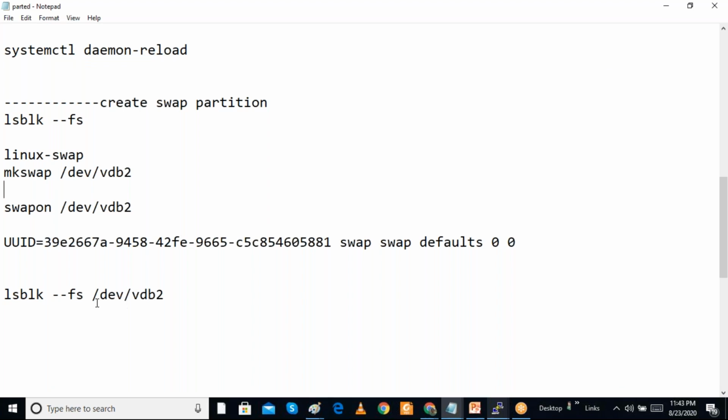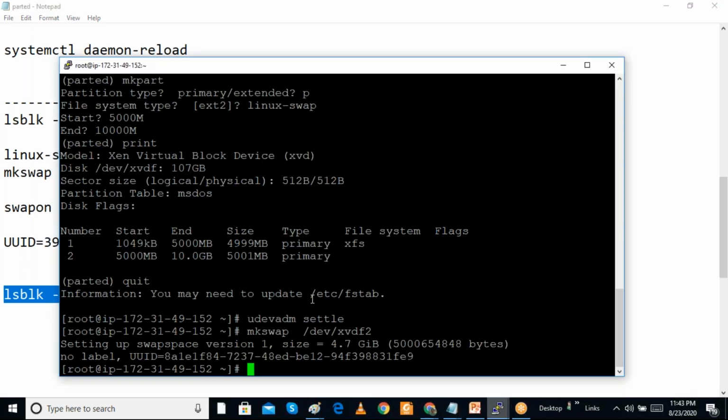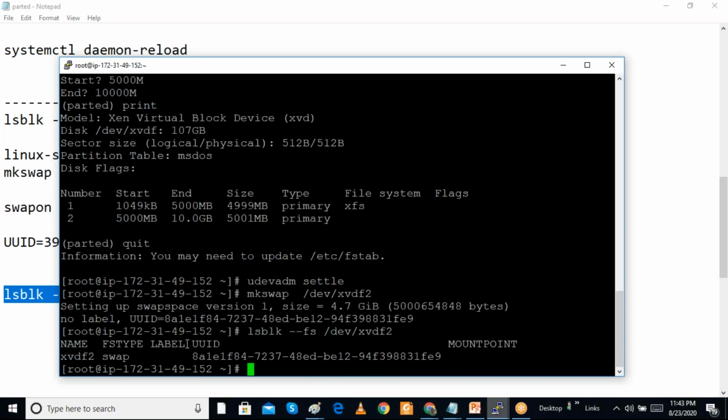We can check with the lsblk command to see the UUID. I see the UUID of /dev/xvdf2; we can see the UUID number from here. Now we are going to edit /etc/fstab.